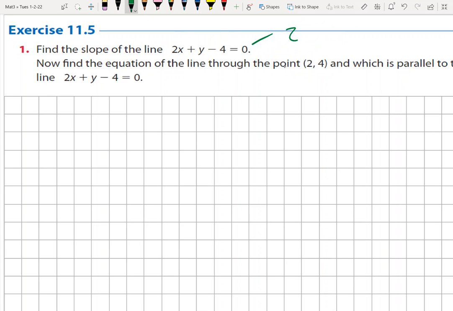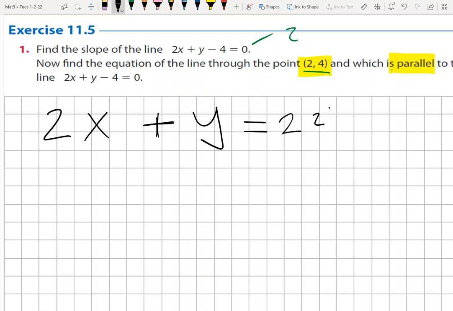Now find the equation of the line through 2, 4, which is parallel. The important word there is parallel, and it's through 2, 4. Remember now, if it's parallel, the reference variable part doesn't change, and substitution will get us